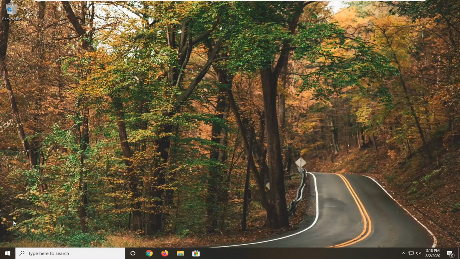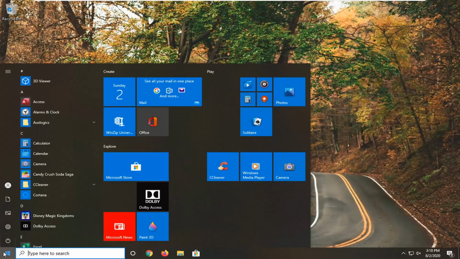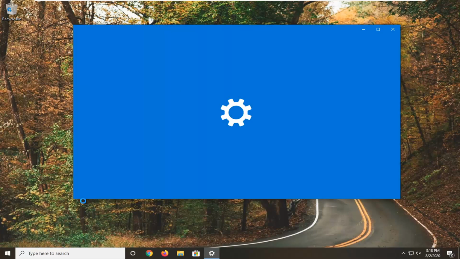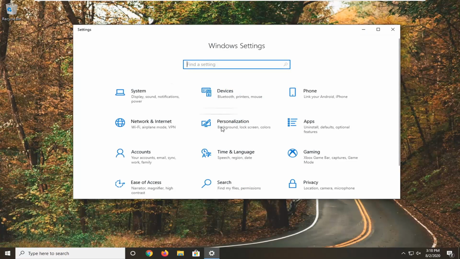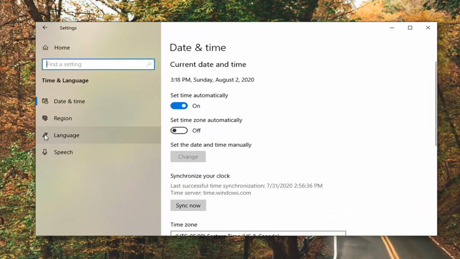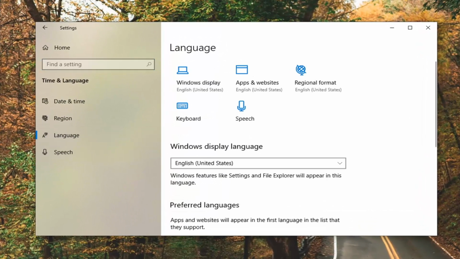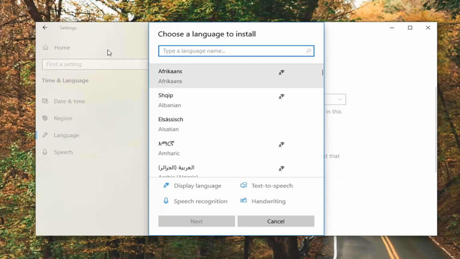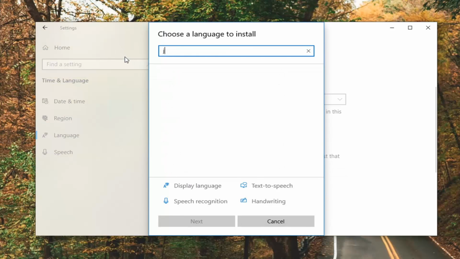So we're going to start by opening up the start menu and select the settings gear icon on the left side where you hover over. It should say settings, so go ahead and just left click on that. Select the time and language tile, and then on the left side select language, and now on the right underneath preferred languages click on the little plus box that says add a language. So at this point just go ahead and type in Japanese,